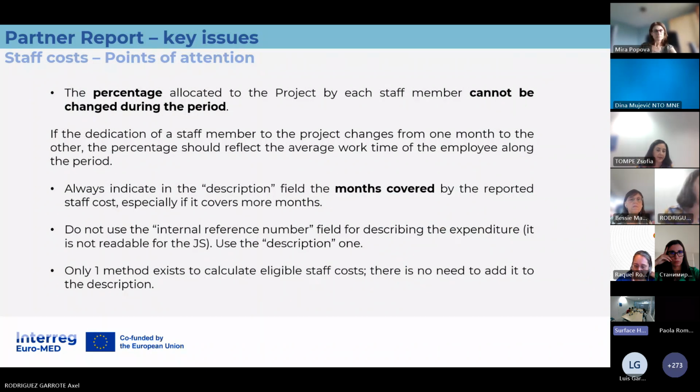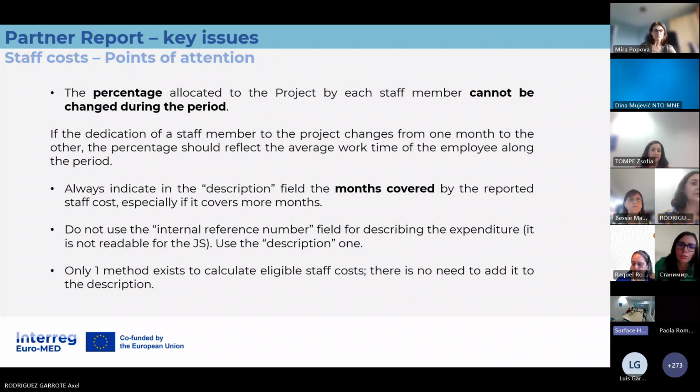And now we move on a little bit with our feedback, what we saw in the reports already verified by us. This first point is a new element in the Euromed program. The percentage allocated to the project by each staff member cannot be changed during the period. And we take it very seriously, so please you do too.